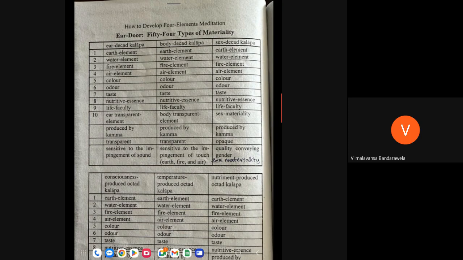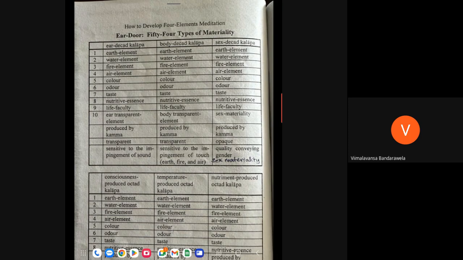You focus your earth element in another rupa kalapa, and this earth element touches the body door, the kaya dasaka kalapa. Or you can focus the fire element, or the air element, but basically you want to focus on all three. You can understand how it touches or impinges on the kaya pasada rupa. And then very quickly you need to focus on another materiality within that kaya dasaka kalapa. That means you need to increase your speed of mind to see this.